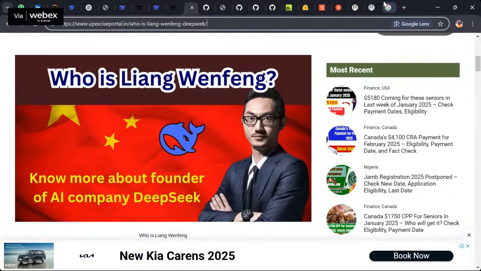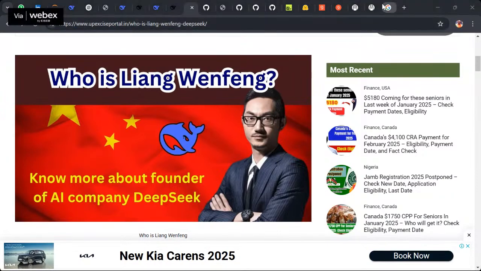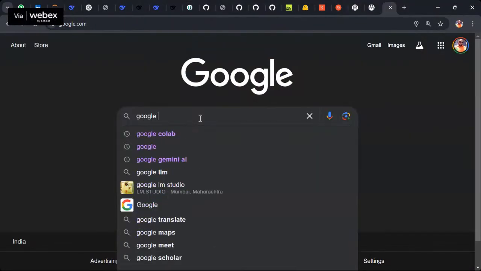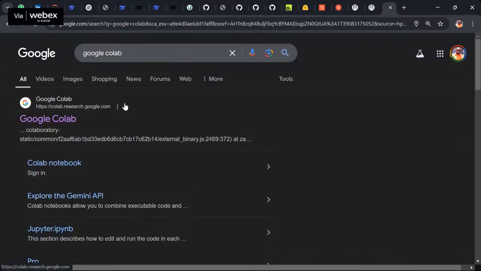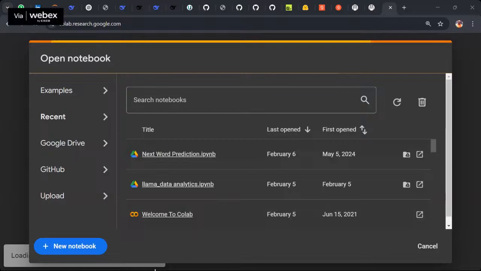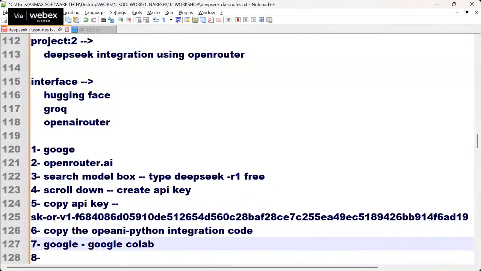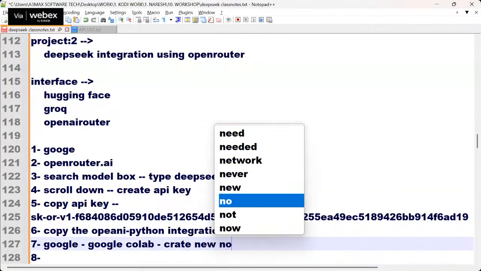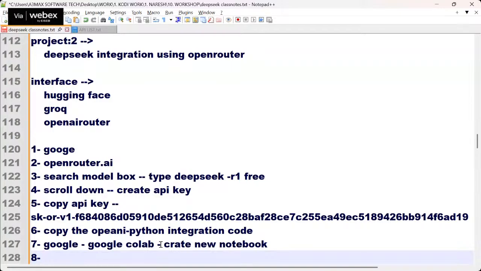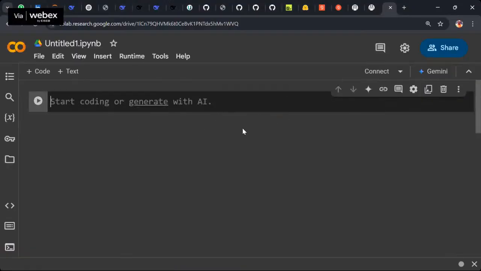Here, create a new notebook. Clear up to this? No, very simple. What did I do? Okay, are you done up to this, guys? Everyone?